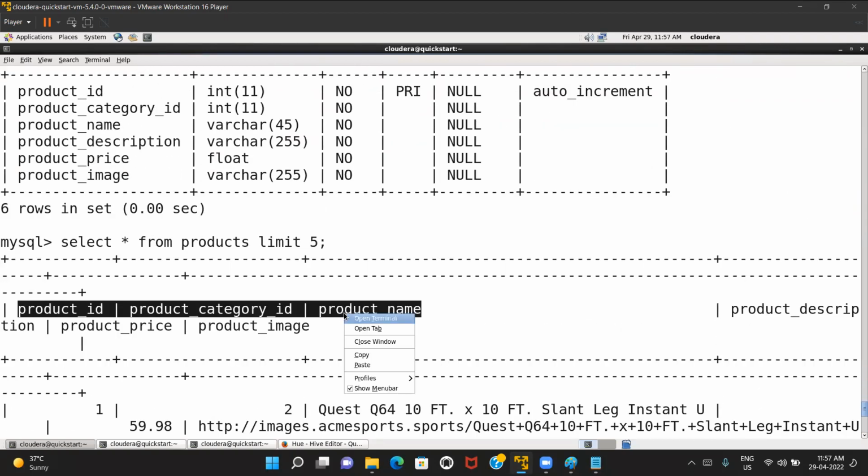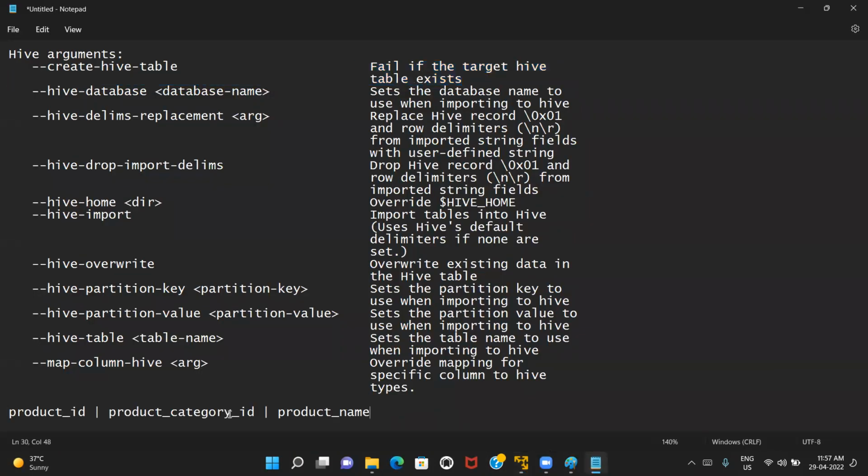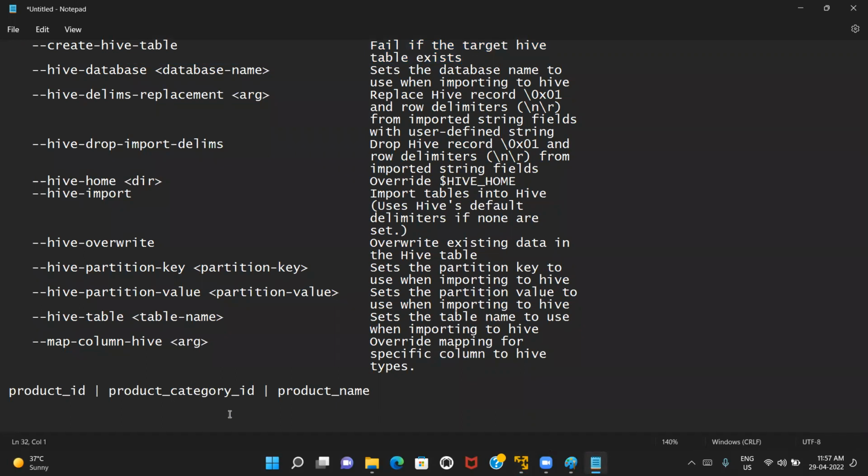I'm selecting these 3 copy columns. Go to the notepad, Control V. Now the command here you see: sqoop import --connect jdbc:mysql: